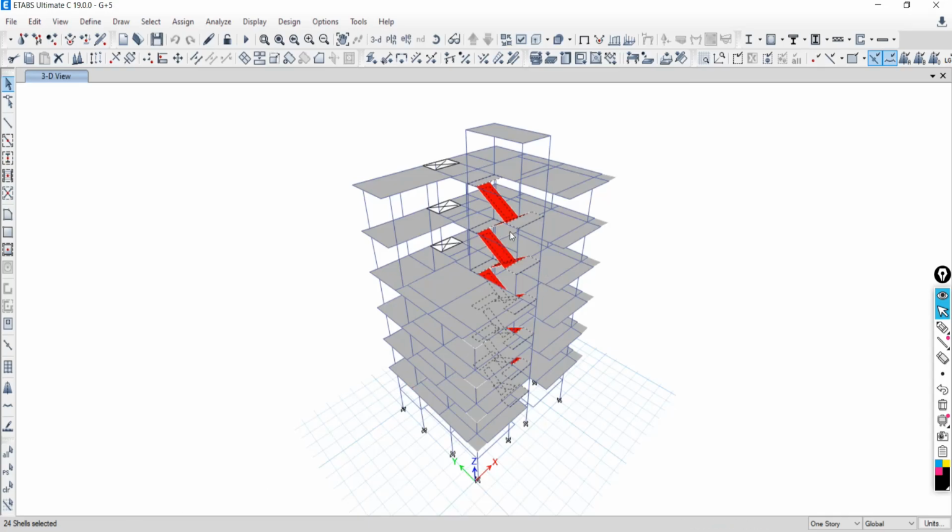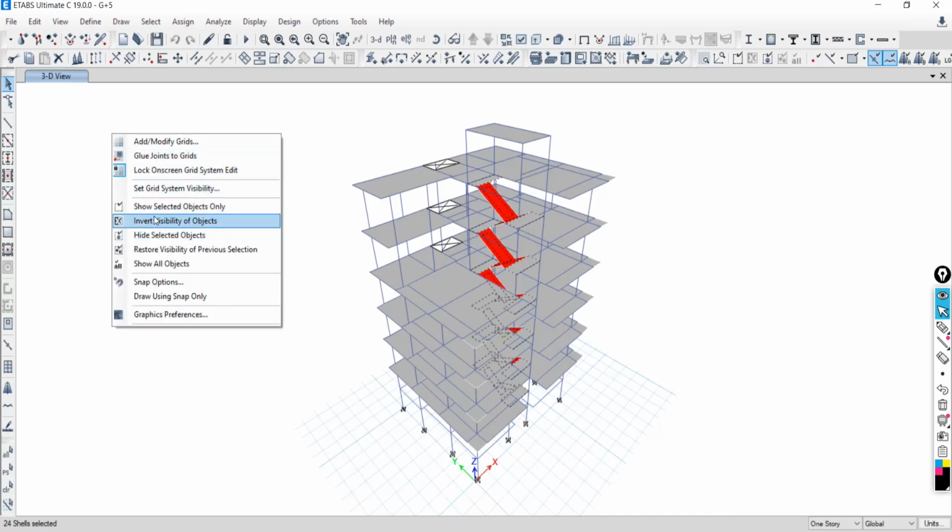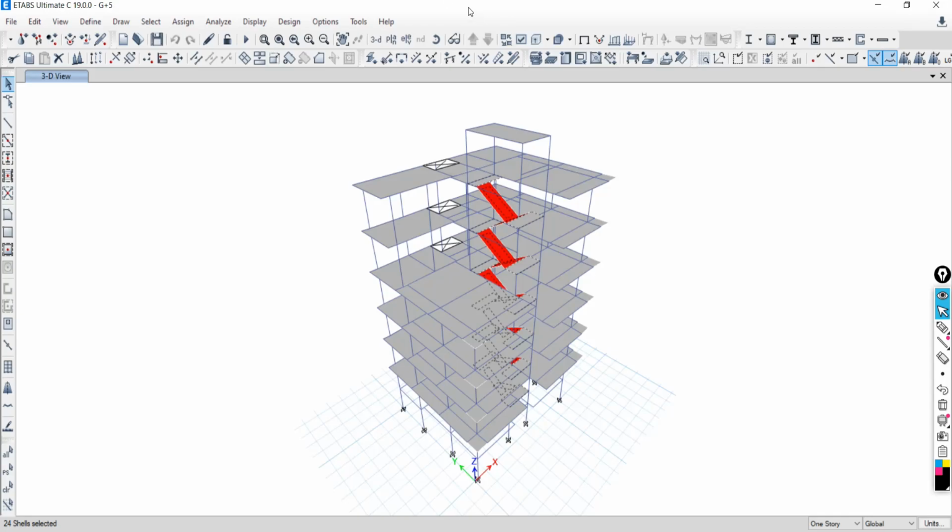Now another point. If you want to keep the selected thing in view and all other things you don't want to keep in view, just right click and show selected object. Is it correct? But another thing: suppose I want to keep the selected thing out of view.